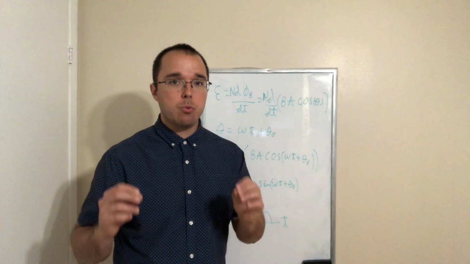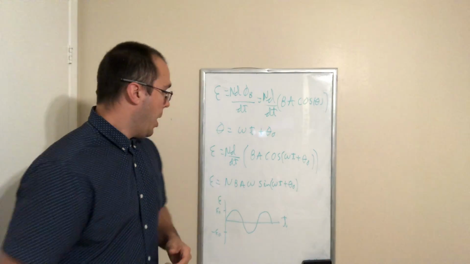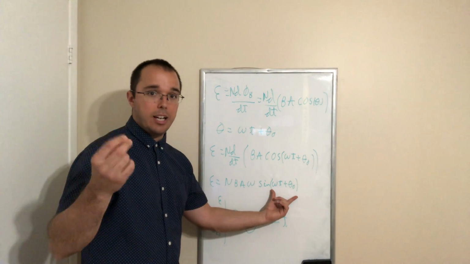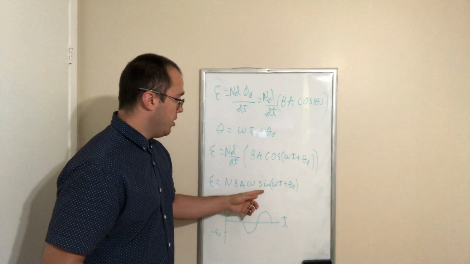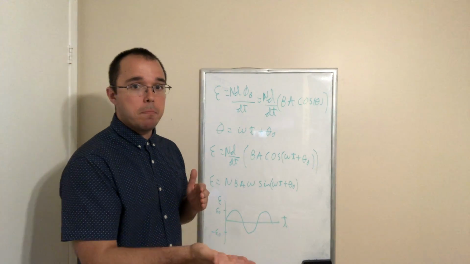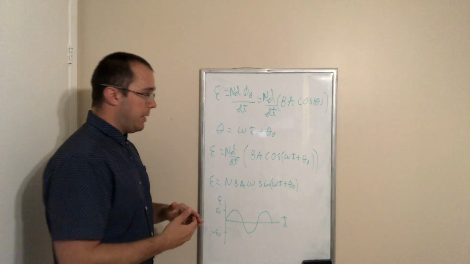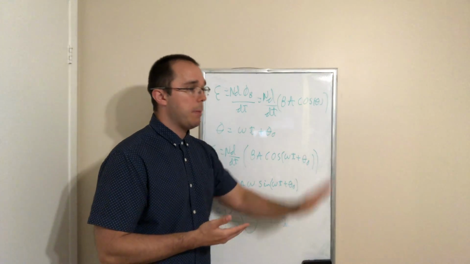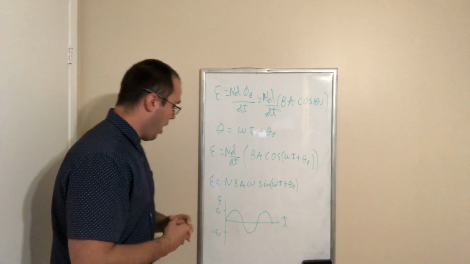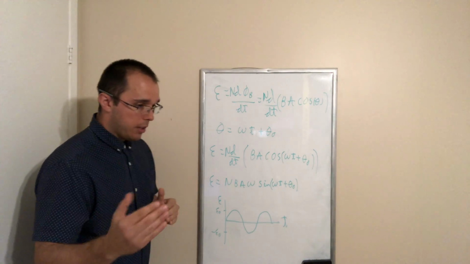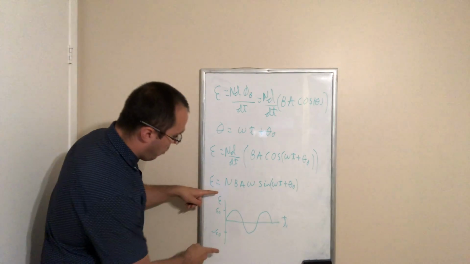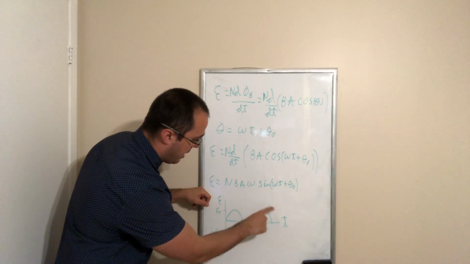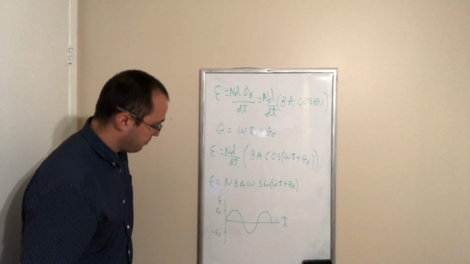What we will see is that this gives something called an alternating current. As you can see here, the angle inside the sine will change over time, and the sine will fluctuate between -1 and +1. So the voltage will rise, reach a maximum, go down, reach a minimum, and go back, and so on and so forth until infinity. If we were to plot the EMF with respect to time, we will see something like this: the voltage rises, falls, reaches a minimum, and so on. The maximum it will reach